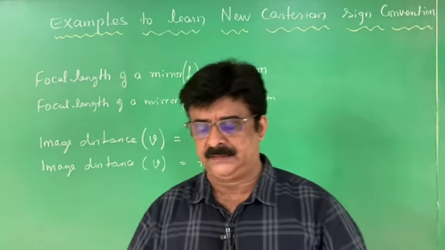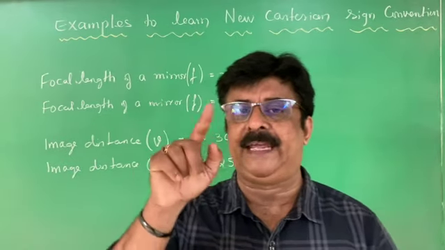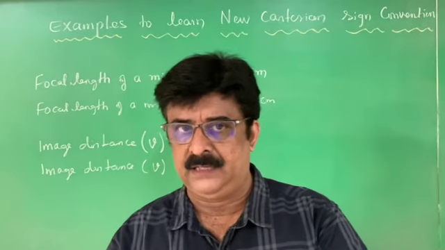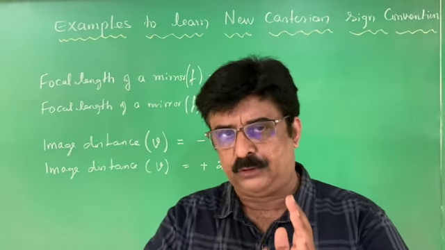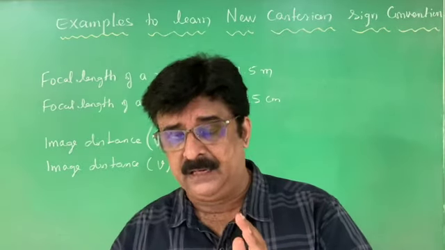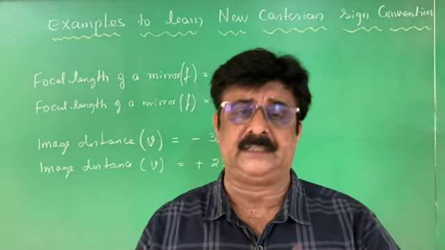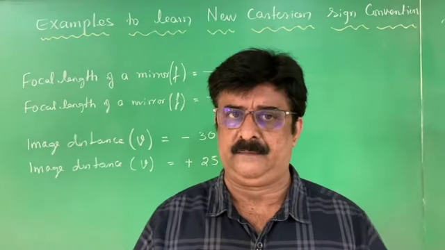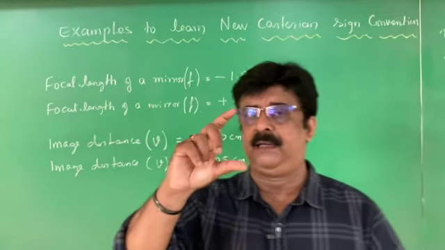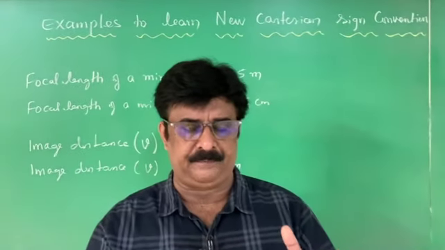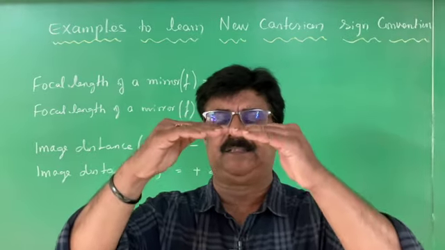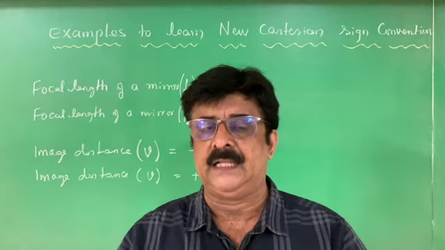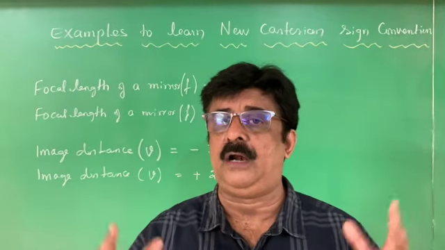Regarding the image distance, it is given by the letter V. Image distance, the sign for the real image is negative. If a real image is going to form in front of the mirror, it is negative, and the sign for the virtual image is positive. If it is real image, it is negative, virtual image, it is positive. And then height of the image or object. Above the principal axis what we measure is positive, below the principal axis what we say is negative.